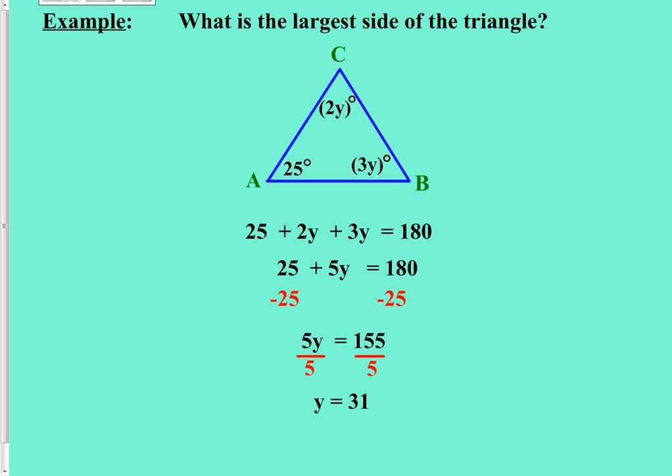Now be careful, this is a typical tripping point on problems. A lot of people will put a circle or a box around y equals 31 and move on to the next problem. And if you do that, you just missed this problem because the problem did not ask you how big is y or solve for y. The problem asks you which is the largest side of the triangle. Well, we haven't figured that out yet. This is called a two-step problem because you have to solve one thing in order to be able to solve the next thing. So what we're going to do is take that y equals 31